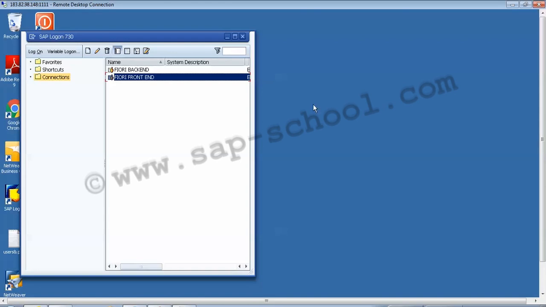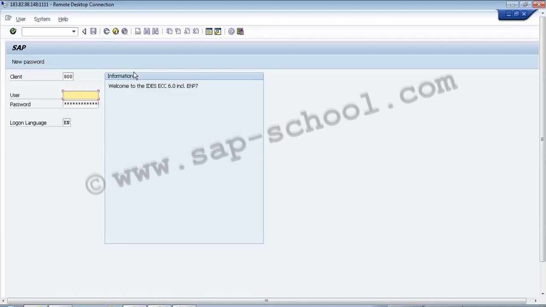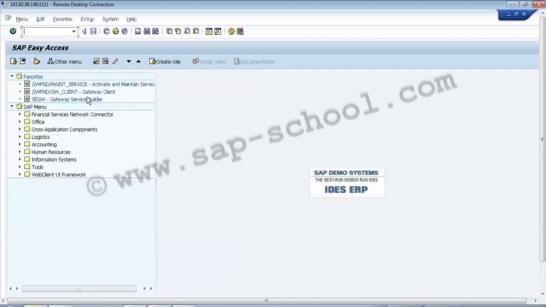After that, I have to go to the transaction SM59. So once I'm in the transaction SM59, I have to click on create. Then in the RFC destination, I have to give the SID of my gateway.